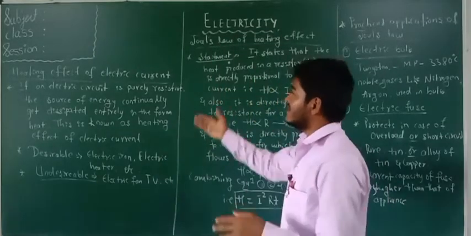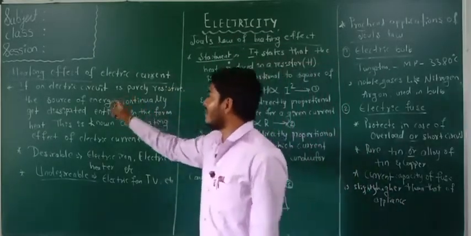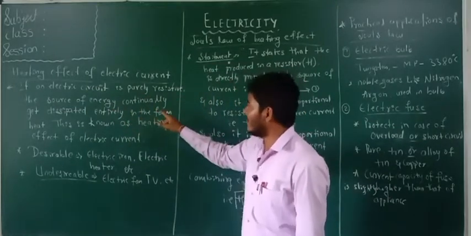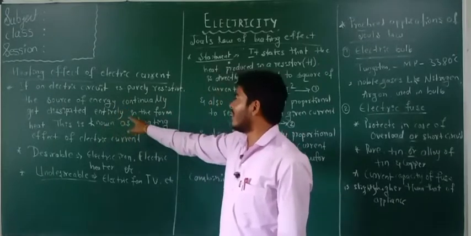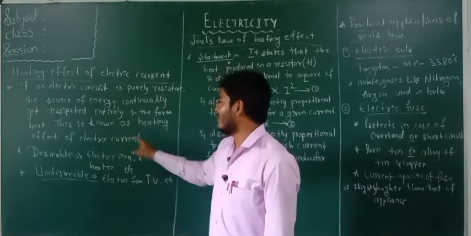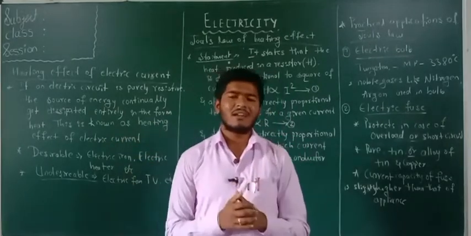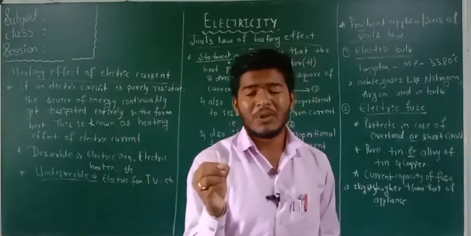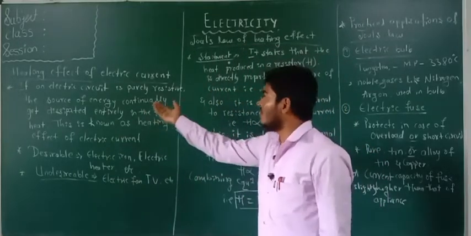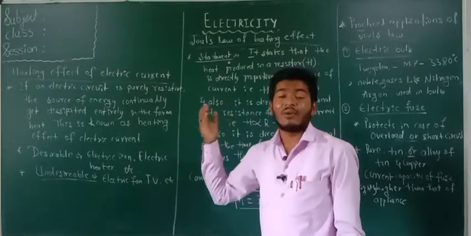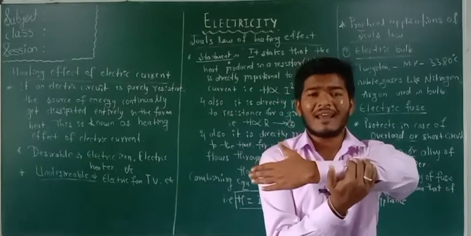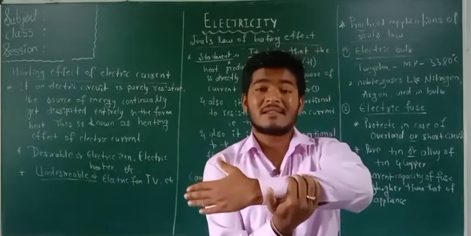See here what the heating effect is. If an electric circuit is purely resistive, the source of energy continually gets dissipated entirely in the form of heat. This is known as the heating effect of electric current. Any conductor you may take has some resistance. Due to that resistance, when the current flows continuously in any conductor,